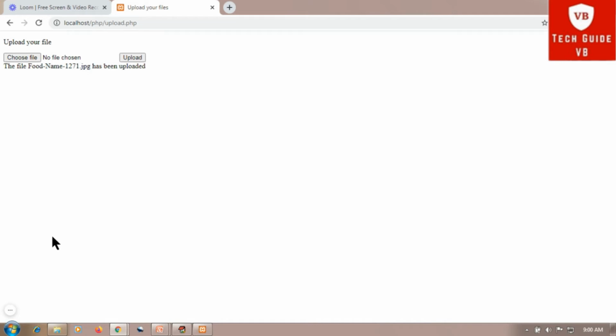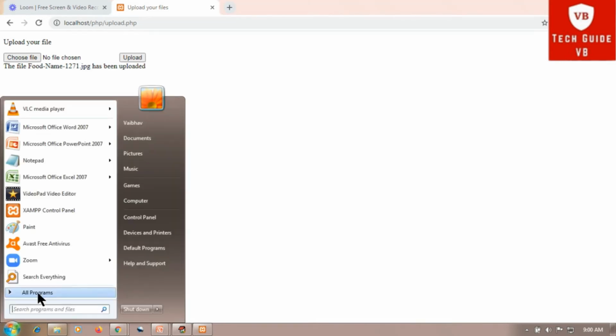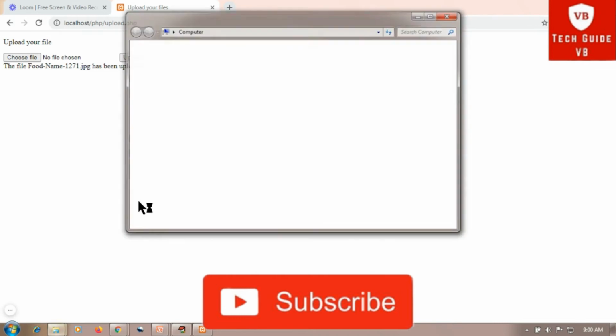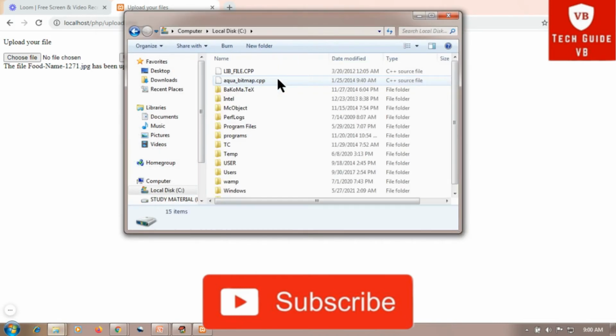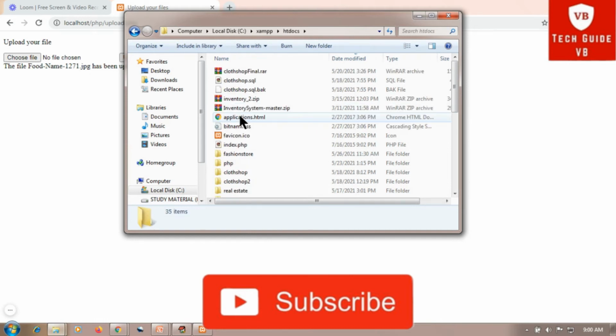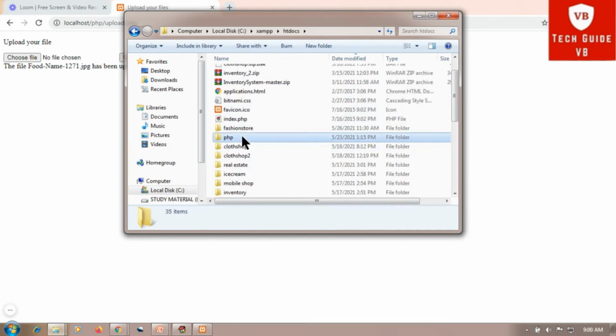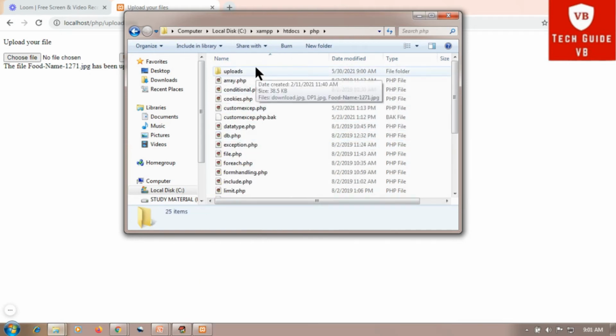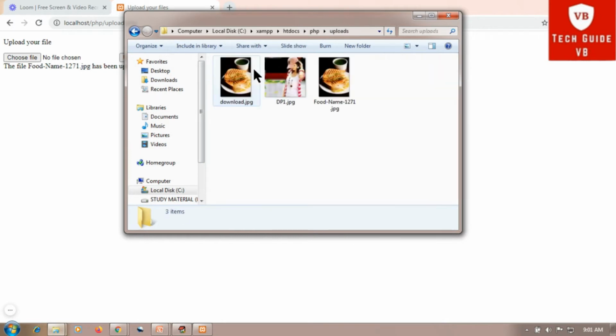So now it is uploaded to C drive, XAMPP, in htdocs. In PHP I have created an uploads folder where this food name 1271 has been uploaded.